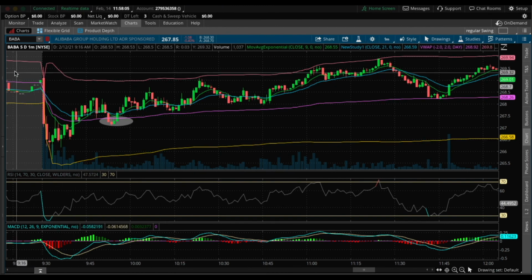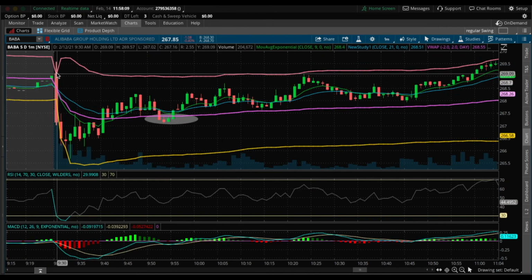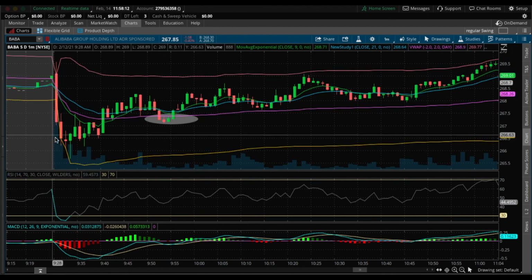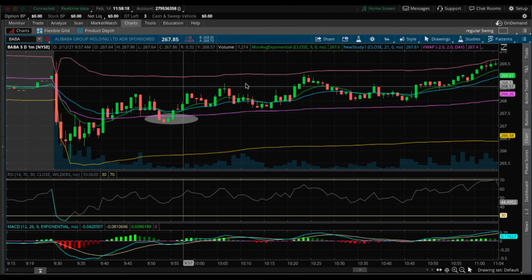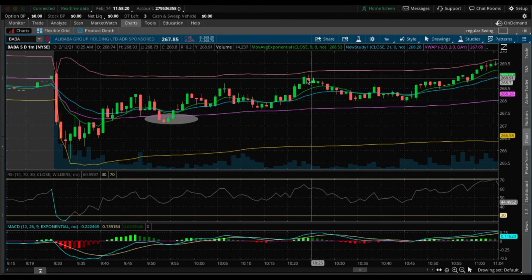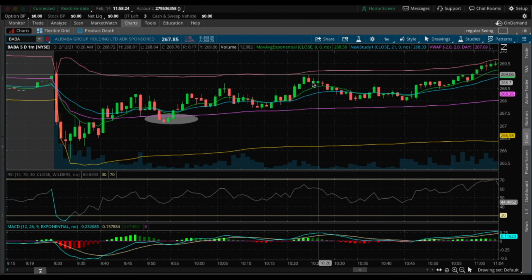And right here, this is a perfect opportunity because BABA opened up right at the upper VWAP and fell, right? So this is a level that I'm watching for BABA to retest. Over here, we can see BABA actually retests this same level and it's near the upper VWAP, which can also